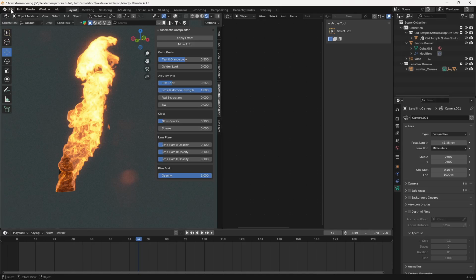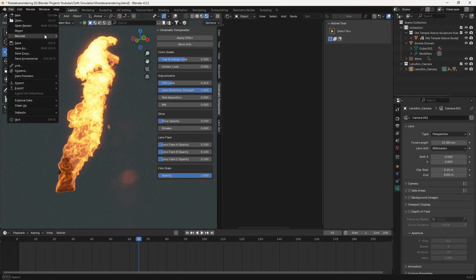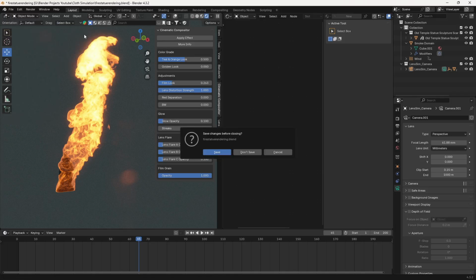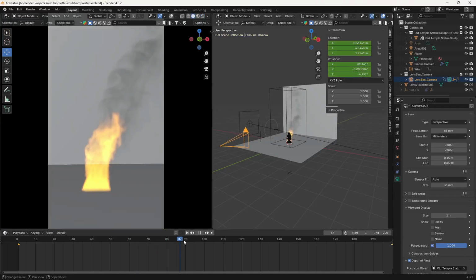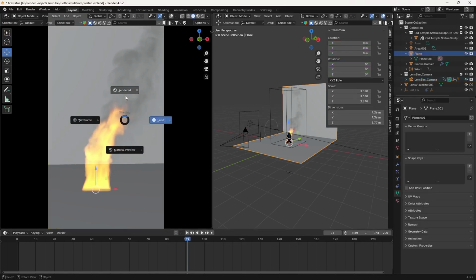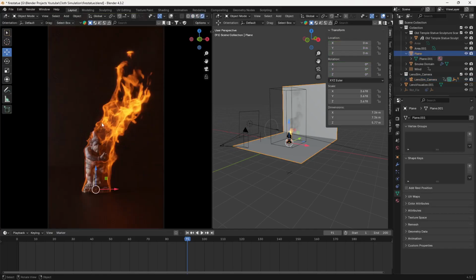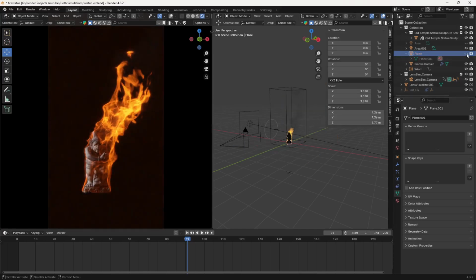Let me show you the file that I have done here. So let me just open that here. I'm going to save this out, and let me just show you here. So this is the render that I'm talking about. And if I press the Z key here and render this out, you can see it's looking something like this here, which is looking really beautiful. I have added a plane, and that's the reason I'm getting this light bounce effect here as well. So if I hide the plane, you can see this is the result.